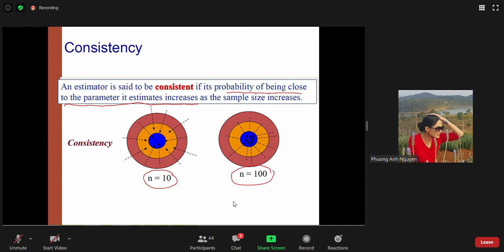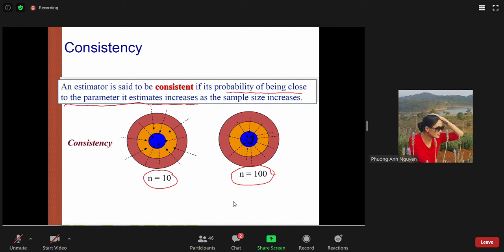It makes sense that... what do you say? The second one, right? Intuitively, when you have a bigger sample, you should get better